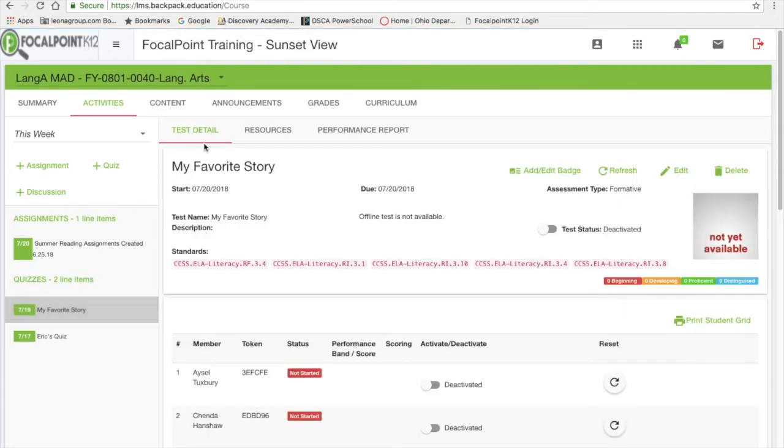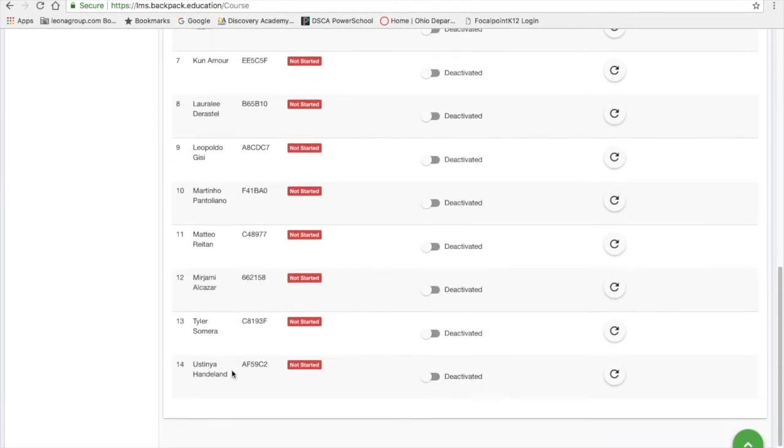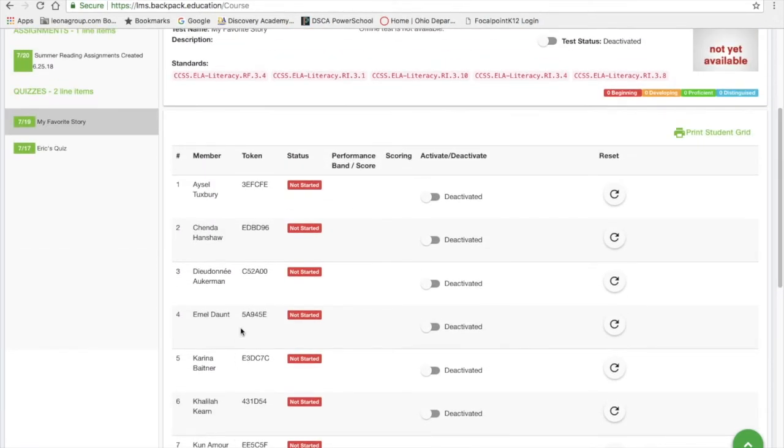And here you have the test detail where it will give you information on several things. Again, the date ranges, the assessment type, and then all of the standards that you have. If you scroll down, you actually see all of the students that you have enrolled in this class. There's some information that we're going to be looking at later on in future videos, but for today,